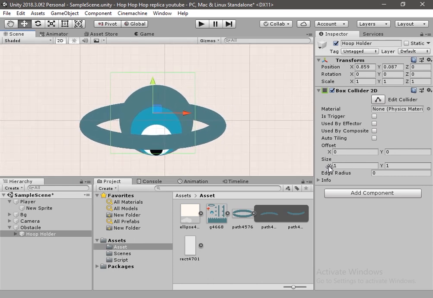First of all, let's understand the functionality of the hoop holder. If the player collides with the edge of the hoop, after that the player cannot give input. And if the player is able to pass through the hoop, the obstacle gets destroyed and we will add a point